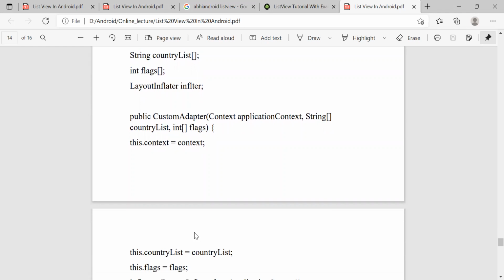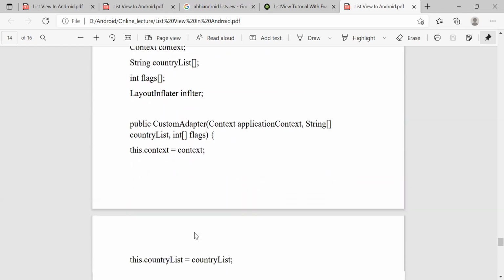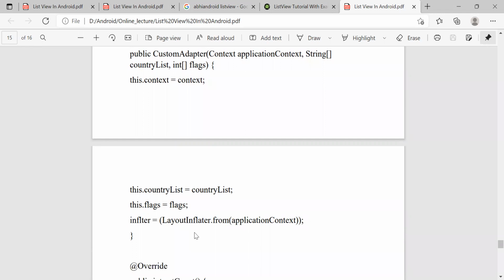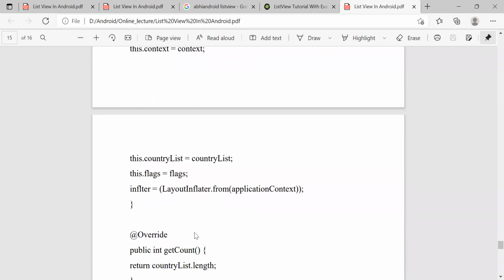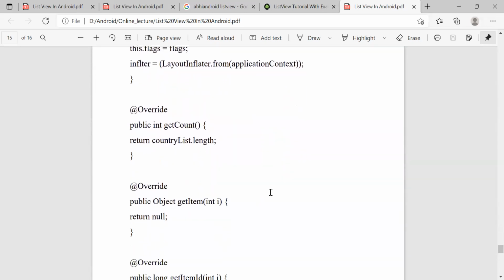So it assigns to the local variables: this.context is equal to context, then this.countryList is equal to countryList, and this.flags is equal to flags, and inflater, layout inflater from application context.